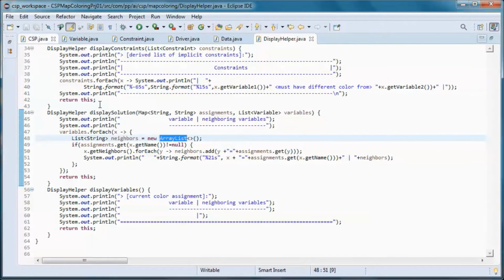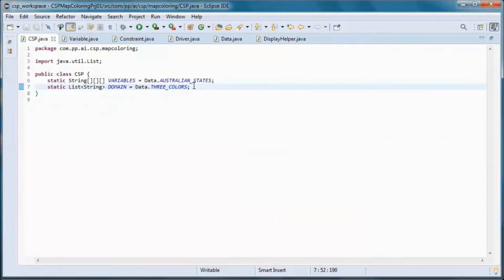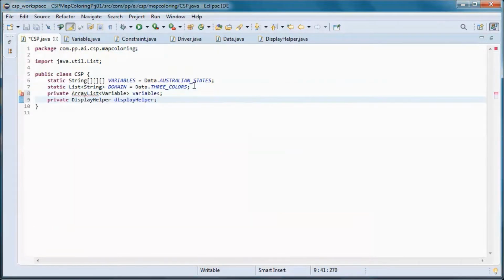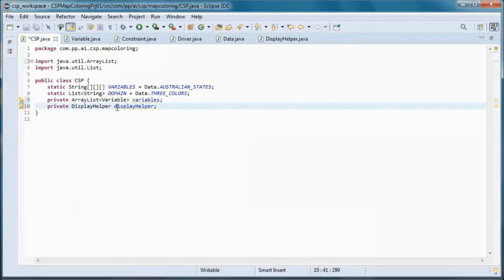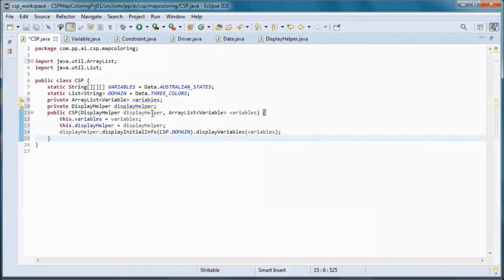And we'll keep track of the list of variables, states, and the display helper. And we'll initialize both of those in the constructor, and we'll display the initial information and the variables.